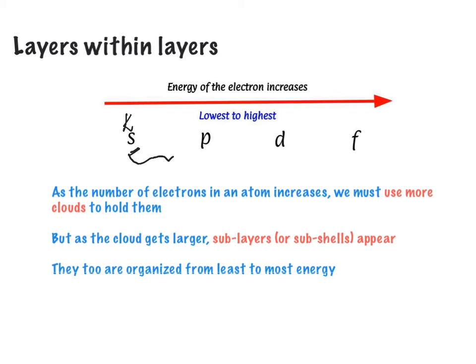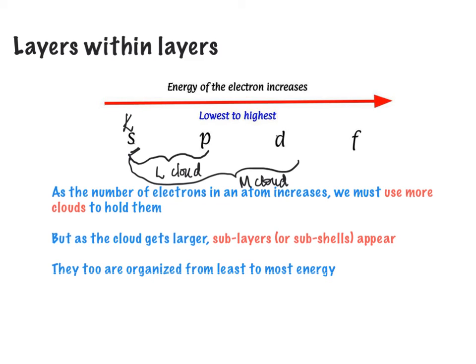Because the next shell out, which is called the L shell, or the L cloud, we see those two. Now obviously the next one out is, and you're seeing the pattern here now, the M cloud. It's bigger, it's the third cloud out. It can fit this, it's got 3